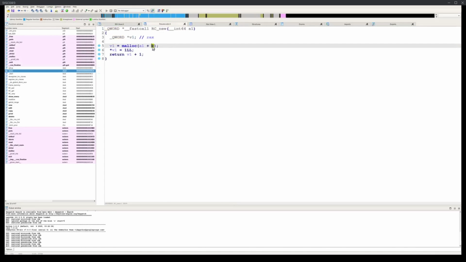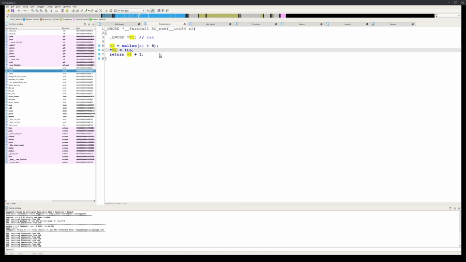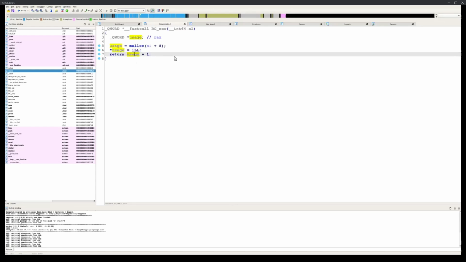When it does a ref count new, it mallocs the metadata plus the node itself, the size of the metadata and the size of the node, and it sets something to 1. In fact, it's actually the ref count. Let's call it usage because that's what the Linux kernel calls it. So it will set the usage to 1 and return usage plus 1, which is actually the pointer to the